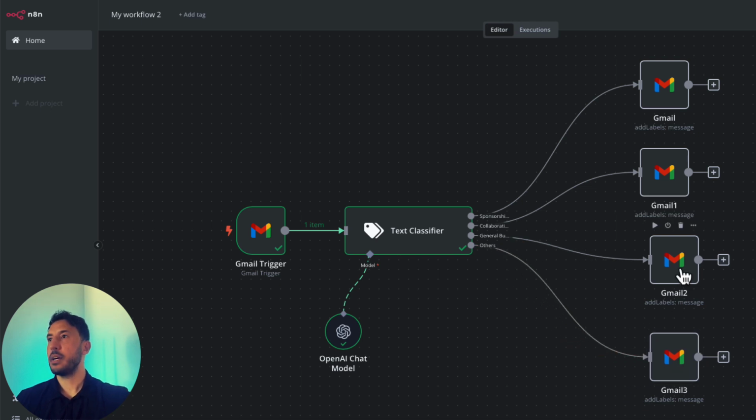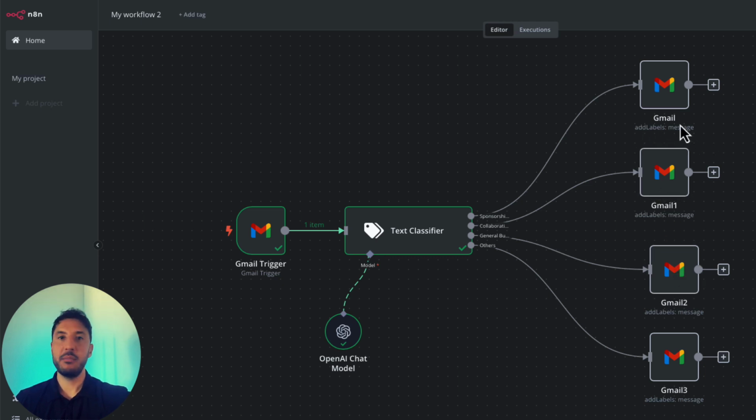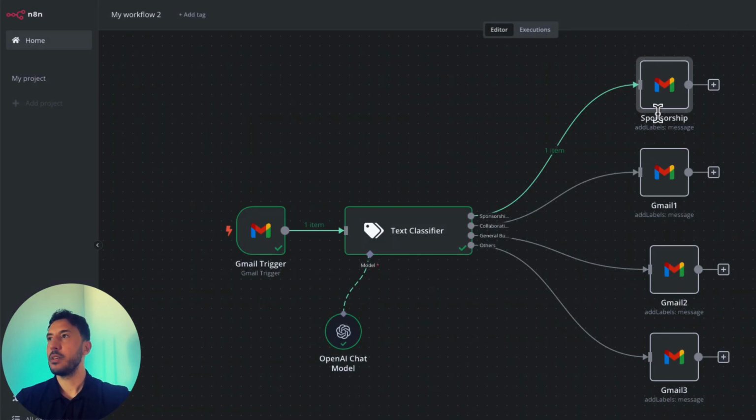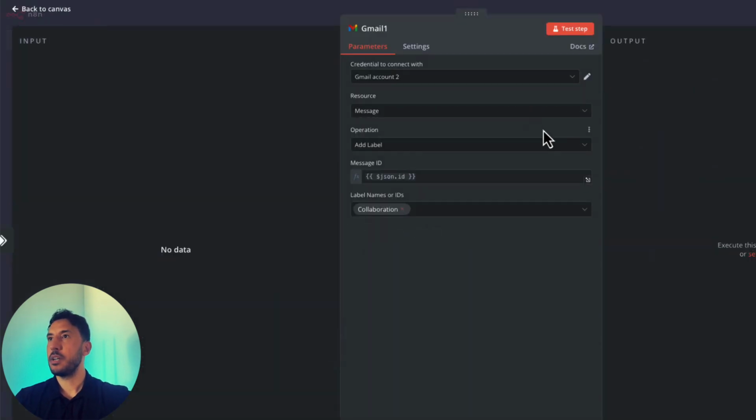To organize this better, or to make sure that we're properly labeling this, I like to rename these nodes so that we understand what's going on. So let's go ahead and rename these. I'm going to click on this. This is going to be for our sponsorship. Okay, rename. That's good. This one is for our collaboration.